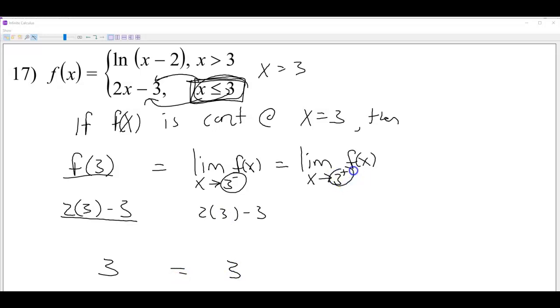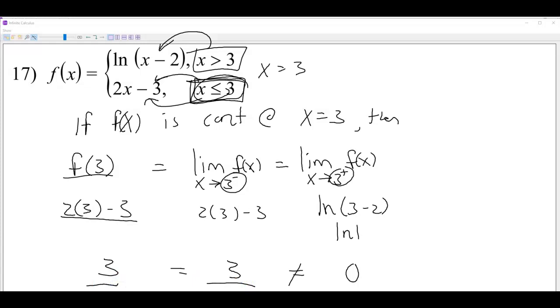Lastly, we have approaching 3 from the right. That's where x is greater than 3, so I'll be using this guy. That's ln of 3 minus 2, which is ln of 1, which is 0. And those are not equal. Now, even though the function is equal to one of my limits, the two limits don't equal each other. And when that happens, that means the limit does not exist. So for this one, we would say no,